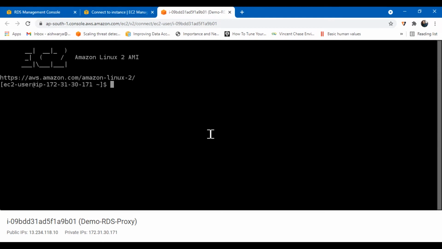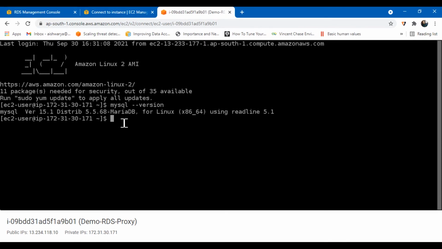For that, let me run this command. So MySQL has been installed on my EC2 instance, and now I can also see the version that has been installed.